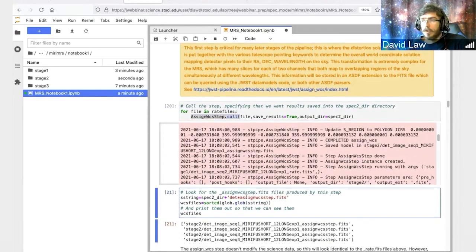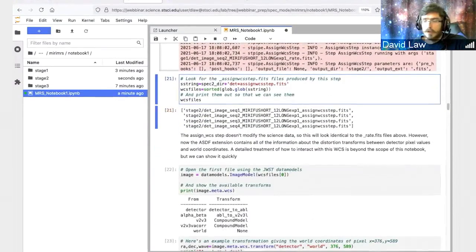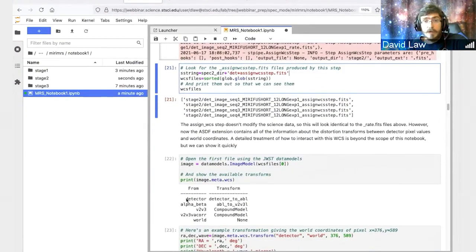So we can look at what it's attaching onto that by looking for the output step files that it's produced. These are rather long and unwieldy file names, but again, you'd usually never be working with these intermediate files. They just get passed naturally into the next stage in the pipeline. If we open that file using the JWST data models, it'll give you an example about the coordinate transforms that